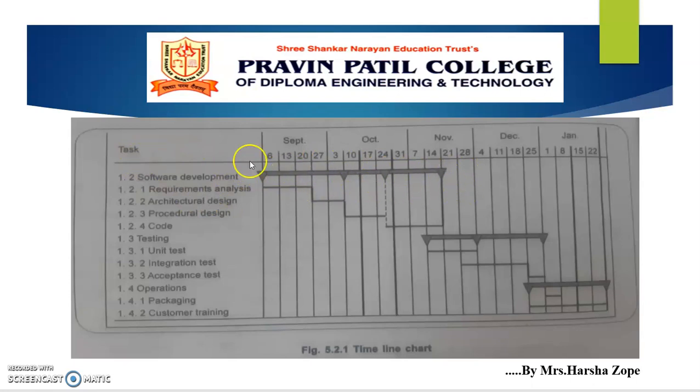It is highlighted. You can see in this diagram, the particular task software development will start from 6th September and end on 14th November. In this way, a task is shown on a timeline chart.